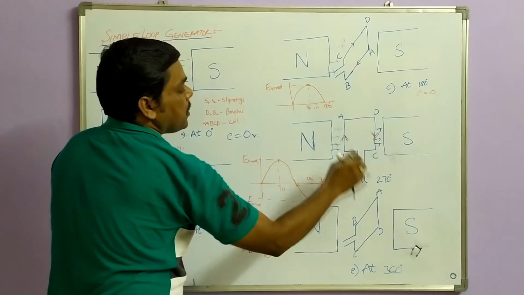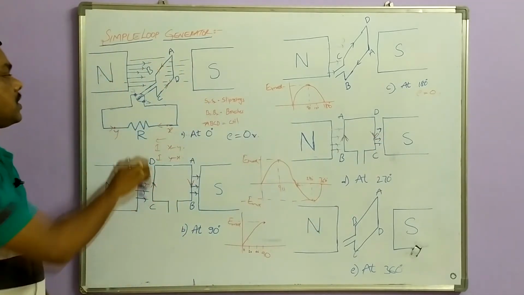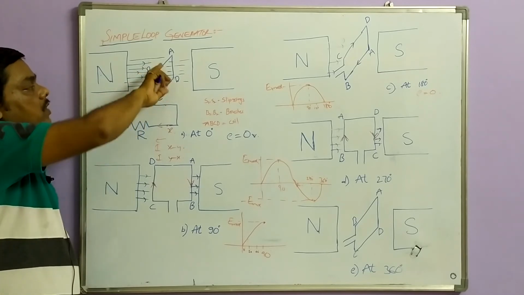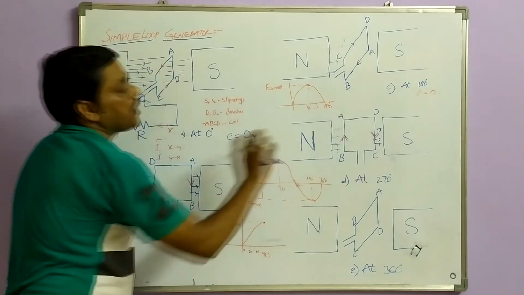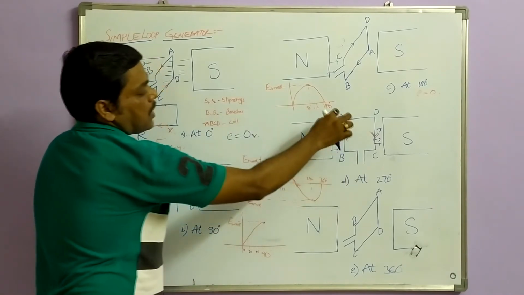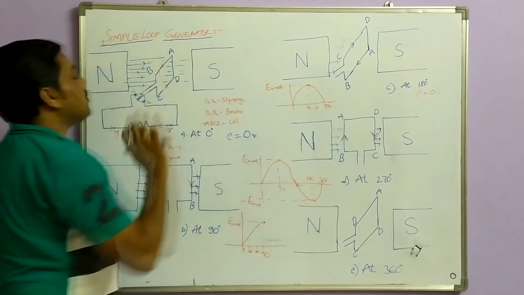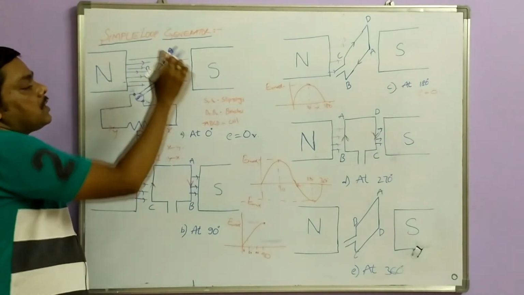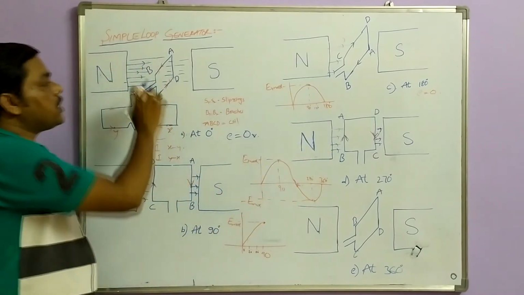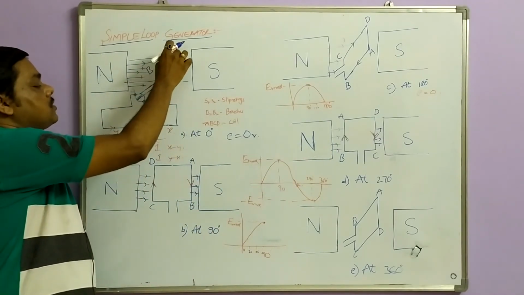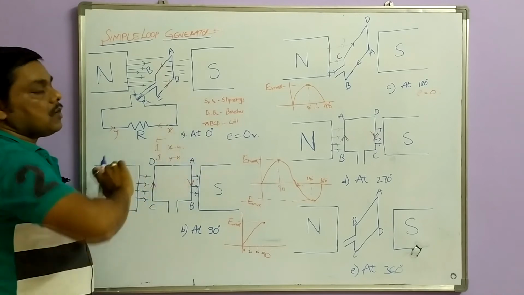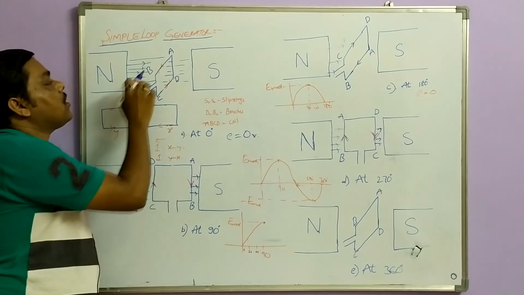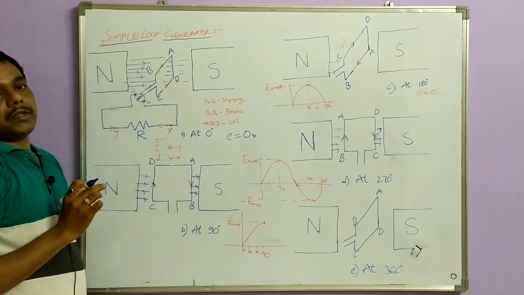This current direction is going to change at 270 degrees. Now let us see what is happening at 270 degrees. This vertical coil is moving into horizontal. Now what is the direction of current in AB conductor? It is going from B to A. Now if this B to A comes under your north pole, the direction of current is opposite. Now your direction also changes when this split ring is in contact with your B to A portion.